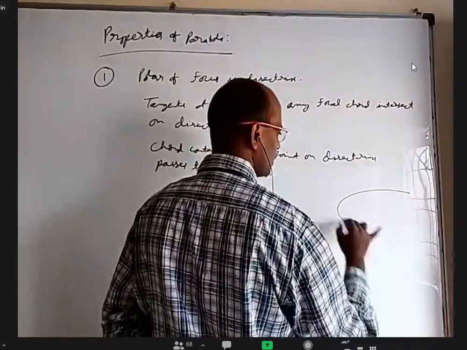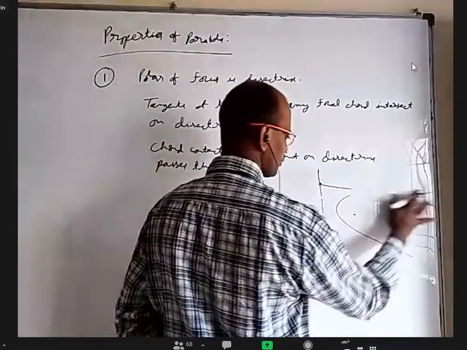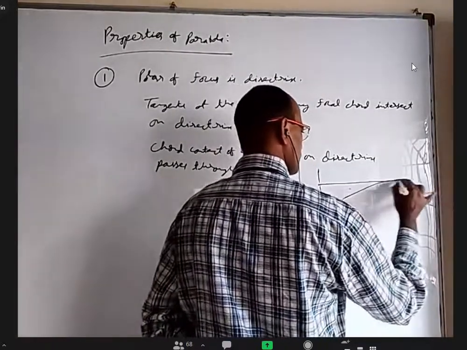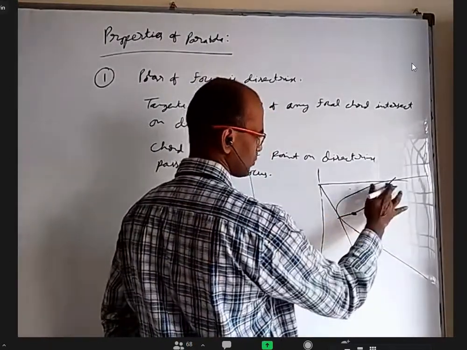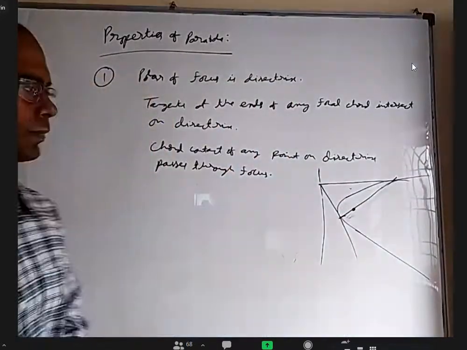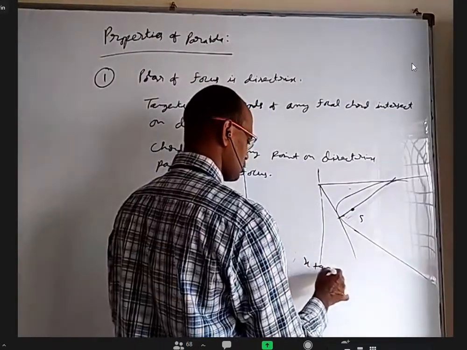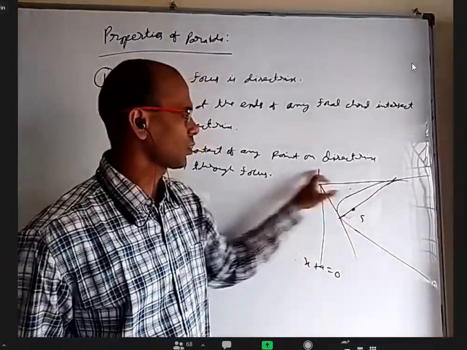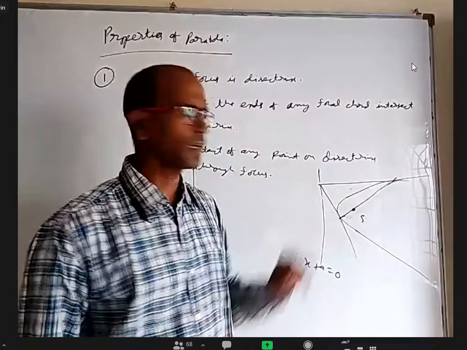So if you take a parabola, this is the focus and this is the directrix. Take any point; of course, we generally don't draw the parabola that nicely. This is the chord of contact, and it always passes through the focus. This is S, and x + a = 0 is the directrix. Take any chord through the focus and draw tangents at the two ends. They will meet on the directrix. Similarly, take any point on the directrix and draw two tangents; the chord of contact will pass through the focus.